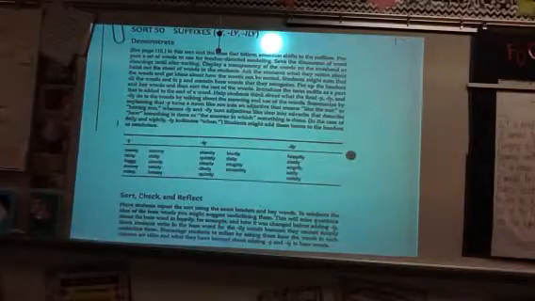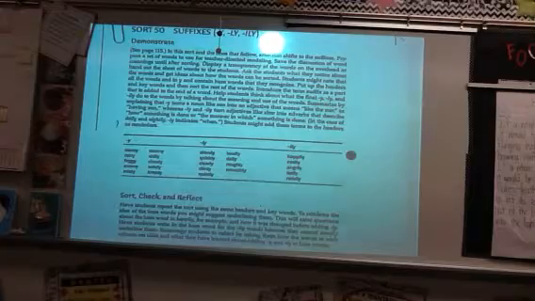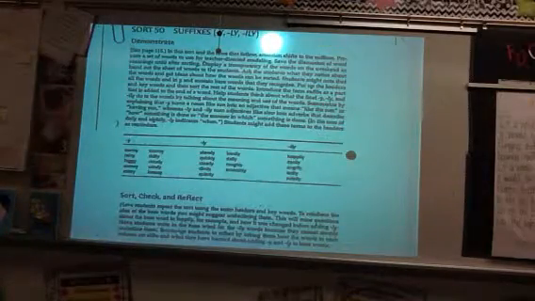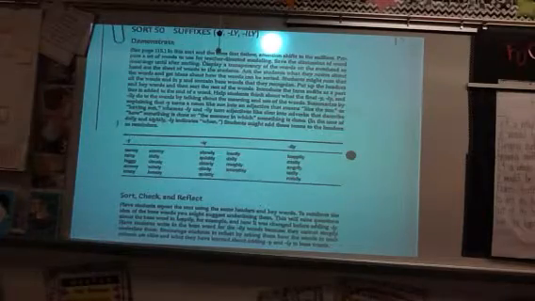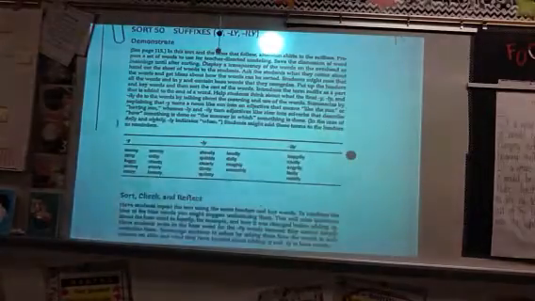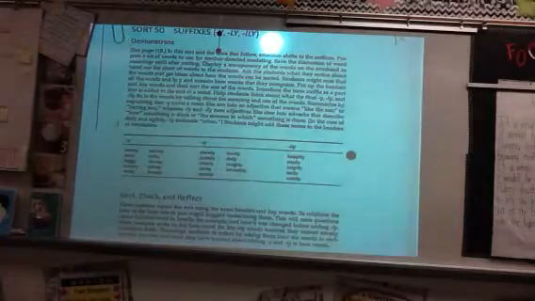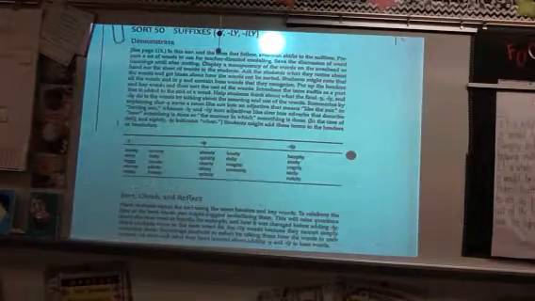This is Sort 50, suffixes y, ly, and ily. If you remember, suffixes are things that you add to the end of the word that can change the part of speech. In particular, what we're going to be talking about this week is that it's going to change the part of speech of a word. For example, if I have a word like sun,